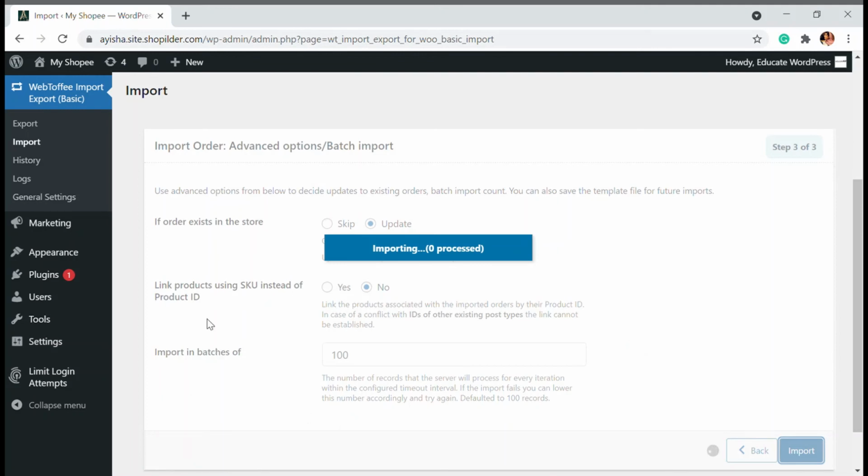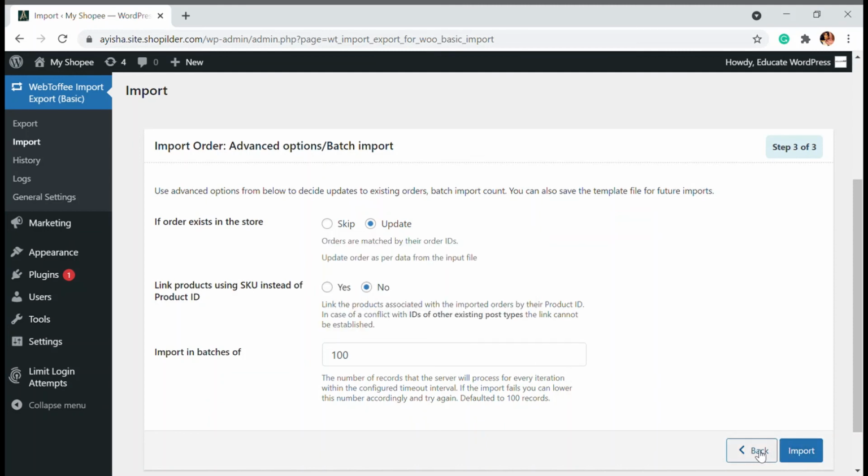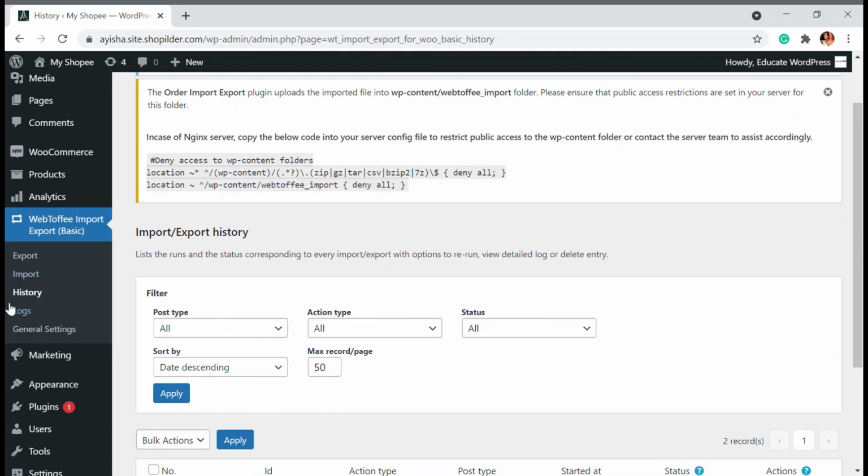I forgot to show you the orders page, but here there are failed or successful orders that appear on my page. This can be due to any change in the advanced settings also. So that's how you can do that. And also there is a history of how many imports or exports that you have done, and also logs.